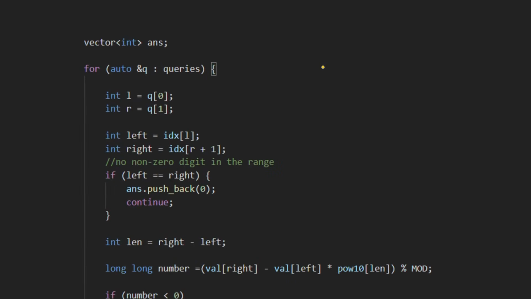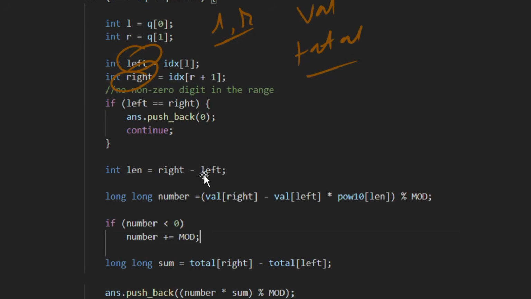Then once we build the index array, value array and total array, we'll answer all the queries. So we'll take L and R, left and right index of the query, and then using that L and R we'll find the left and right, right? And if left is equal to right, that means there is no non-zero digit in the current range. So in that case we will push 0 as the answer and we continue, right?